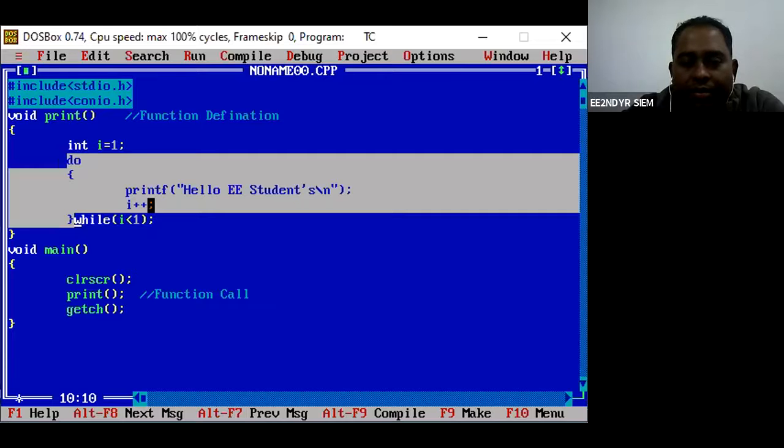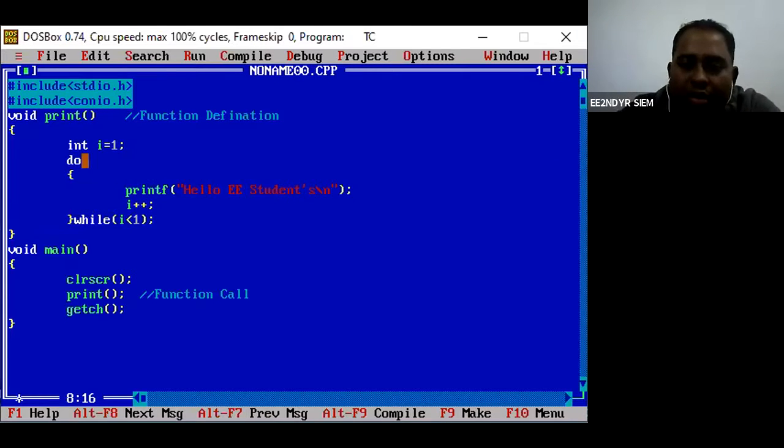But here in do while it will run one time, and then it will check for the condition. That is the reason it is known as do while: first it will do, and then it will check for the condition. If the condition is satisfied, then it will run. If it is not satisfied, then it's not going to run.